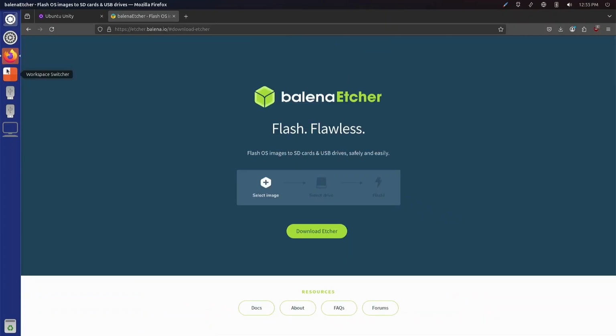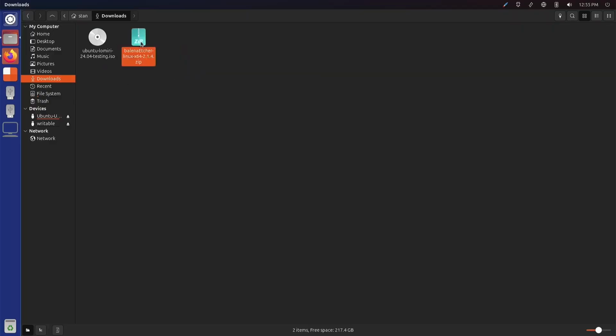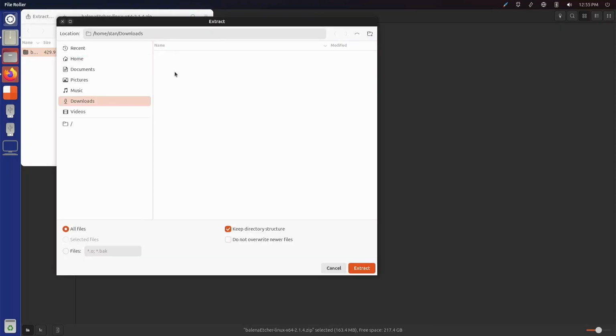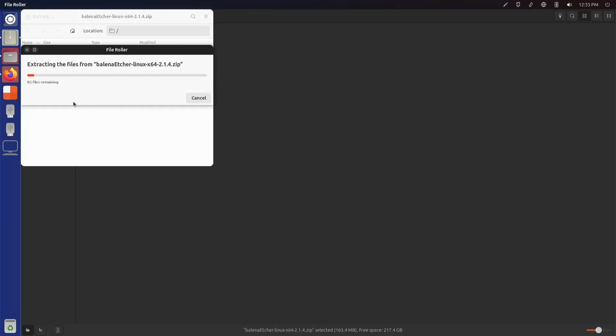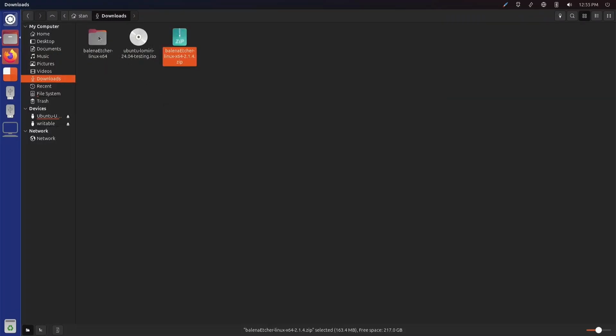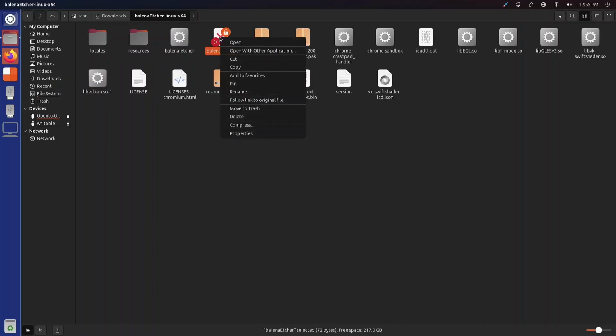No fuss, no muss. Okay, and to use that, we're going to go into our file manager. Here, just gonna lock that there. And we're gonna go to downloads and open up this zip file. Extract. Yeah, that's fine. Okay, close that. Okay. And we're going to go into this folder here, and where is the executable? Is it this thing?